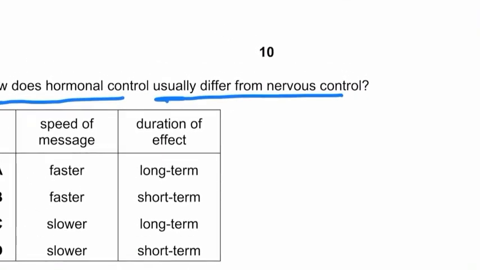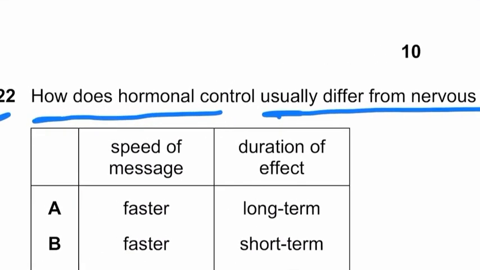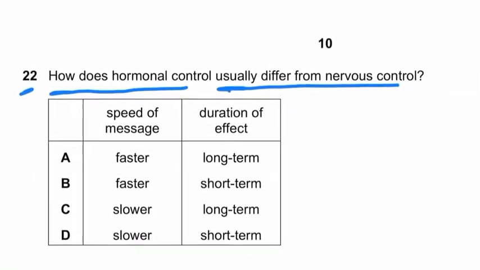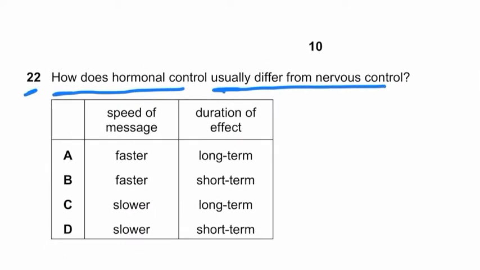The speed of message was very fast. The electrical impulses travel very rapidly, and the duration of effect was short term. If we talk about hormonal control, so for example, maintenance of blood glucose concentration. When the blood glucose concentration rises, what happens? Insulin is released, which is a hormone, and insulin then causes the blood glucose concentration to decrease back to normal,